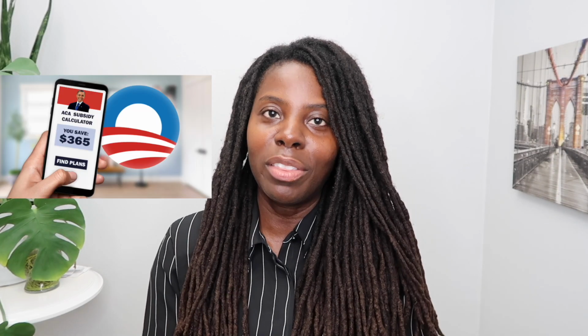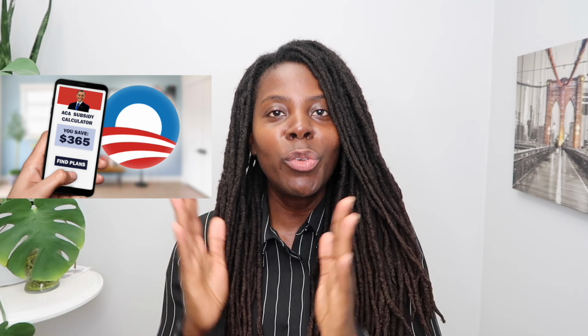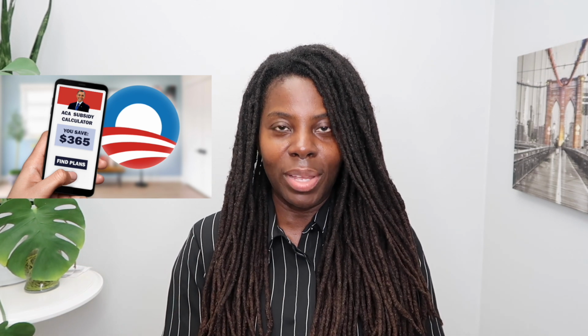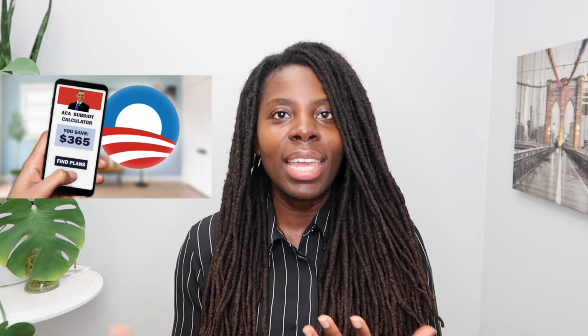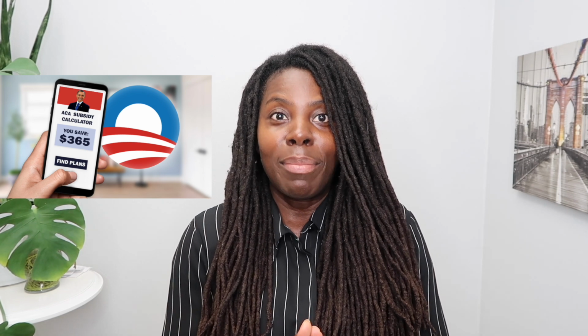Since the marketplace health insurance helps with subsidies, you do not want to underestimate your income, okay? Because if you do, you'll end up paying the subsidy back. For example, say you make 80,000, but you think that you're going to make 40,000, but you end up making 80. You underestimated, so the subsidy that you got, you shouldn't have gotten. So when you pay your taxes, you're going to pay that back. So if you're making $40,000 and you get a raise, so you're making more, you just want to update your application. So it's very important to remember you do not want to underestimate, so that way you don't owe when you do your taxes.